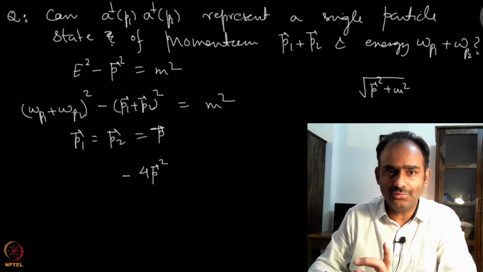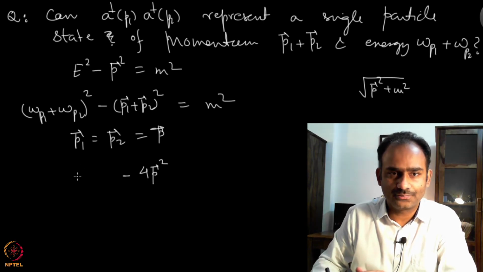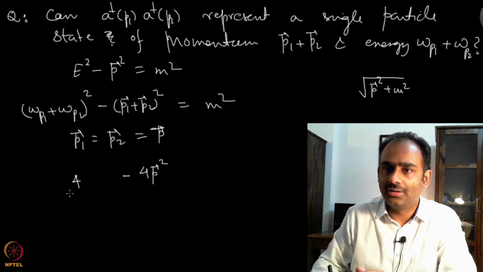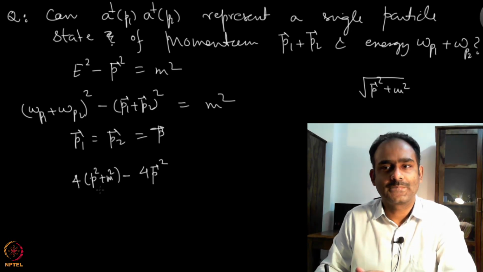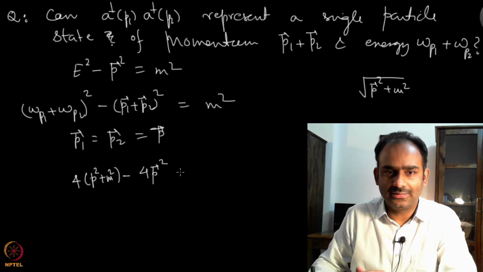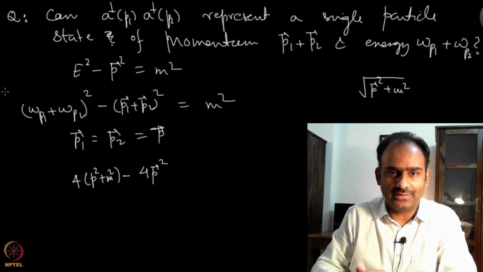So, you have a factor of 2, which makes a 4 square root of p square plus m square, correct. Okay, and so I am taking the left hand side here,